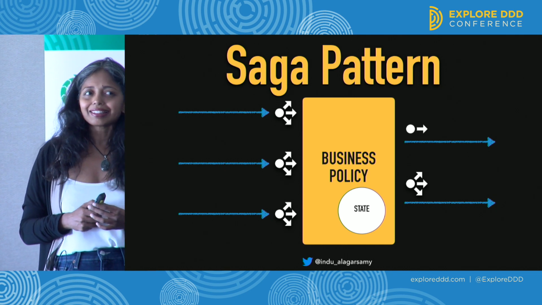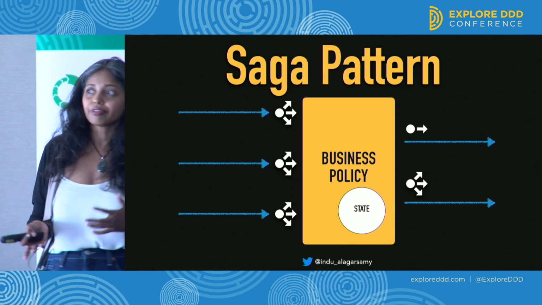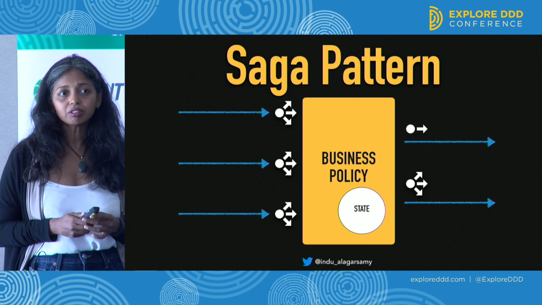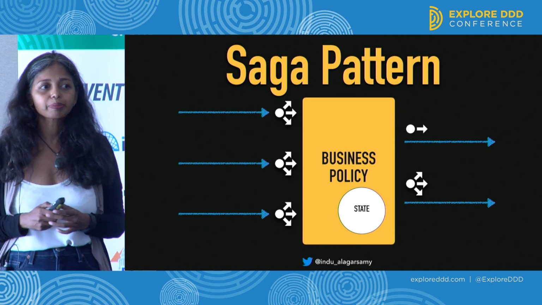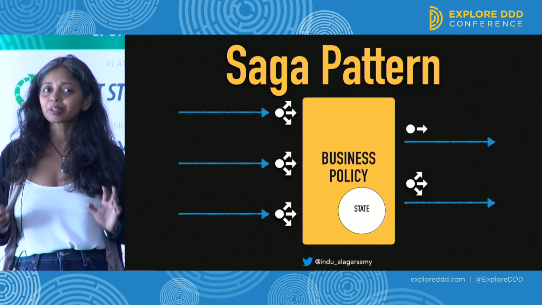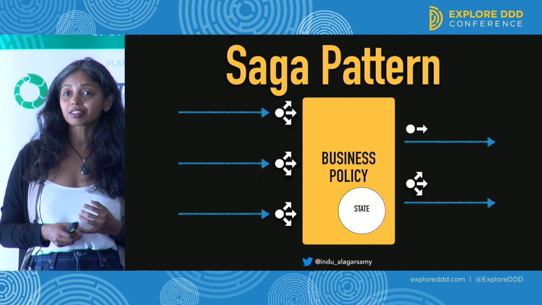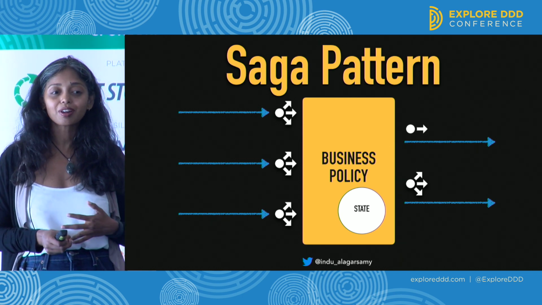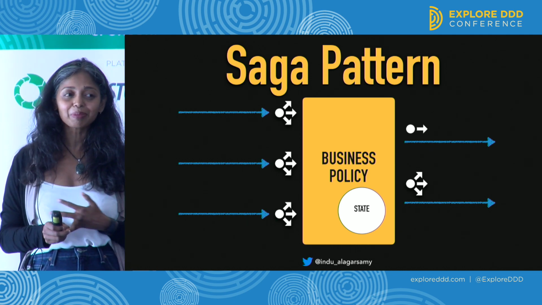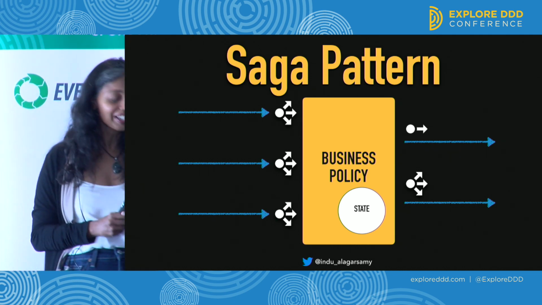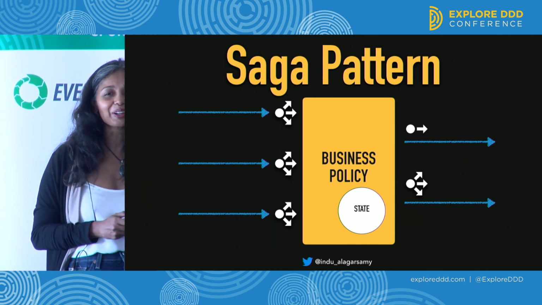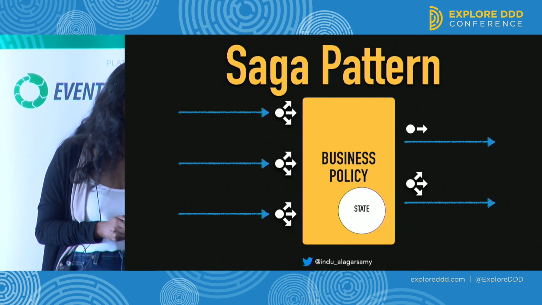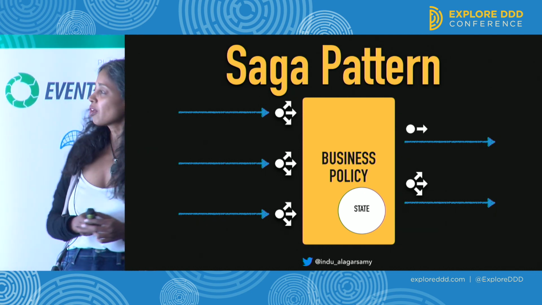In DDD, this is also referred to as the process manager, if you're more familiar with that. There's a whole debate about whether we should call this Saga, or why it is even called Saga, and this should be a process manager. That's a whole different debate that I'm not willing to get into, depending on which community you talk to. So the important thing is,